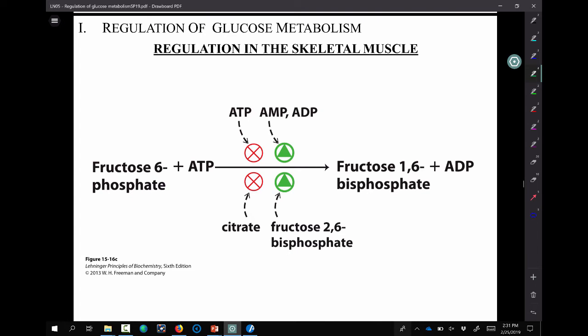Okay. All right, so here's the reaction catalyzed by PFK1. PFK1 catalyzes the third step in glycolysis, and so this enzyme here that's not listed is PFK1. And of course, it catalyzes ATP-dependent phosphorylation of fructose 6-phosphate, making fructose 1,6-bisphosphate. We'll talk about the top half of this in a little bit.